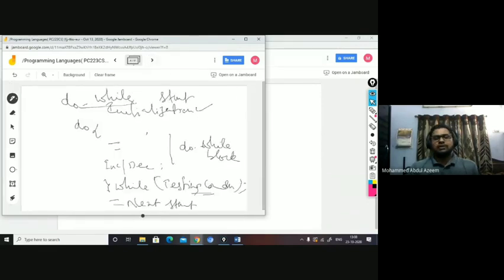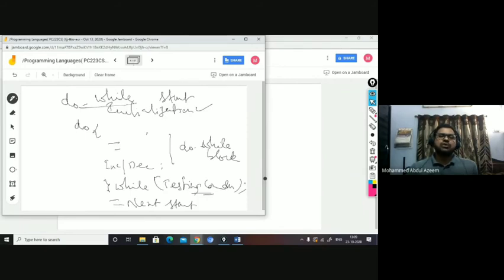Whereas if you come to do while, you find there is a small change in it. If you are completely transforming for into do while, you can have initialization first, then do, then you will have the block being opened to execute the block. Then you have increment or decrement before the termination of the block. And after you terminate the block, you have while, followed by parenthesis enclosed with the testing condition, terminated with a semicolon, then followed by the next statement.